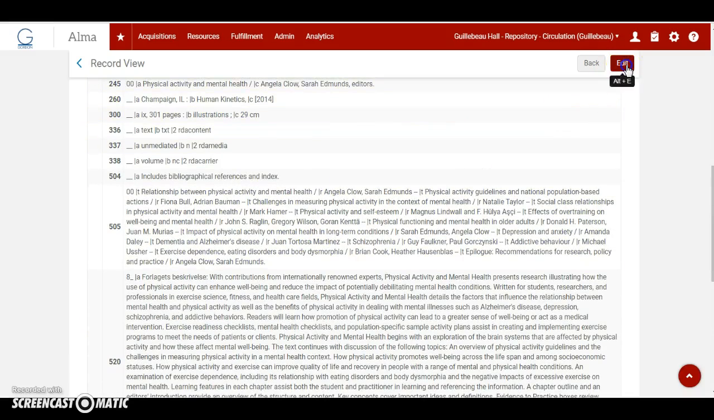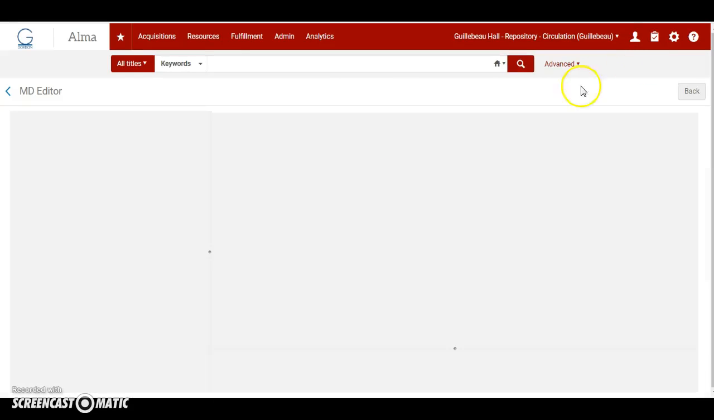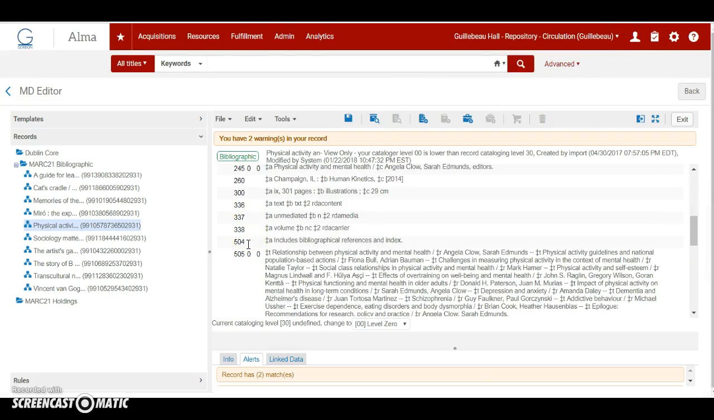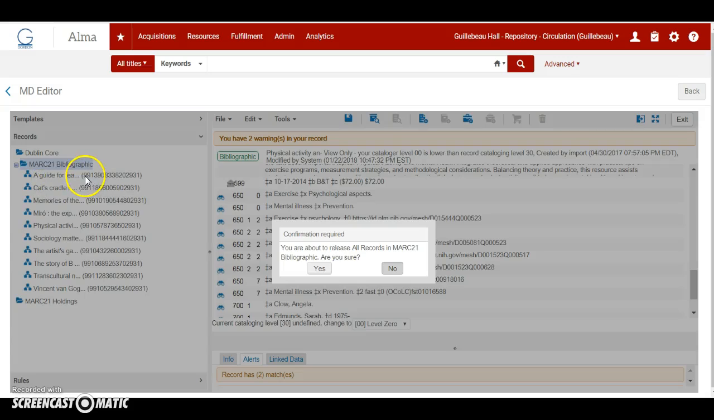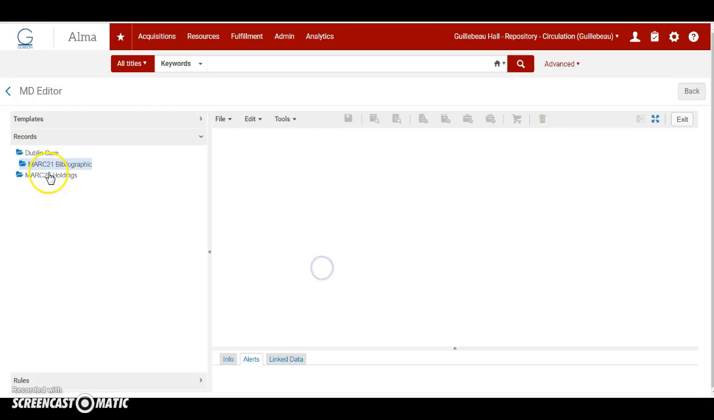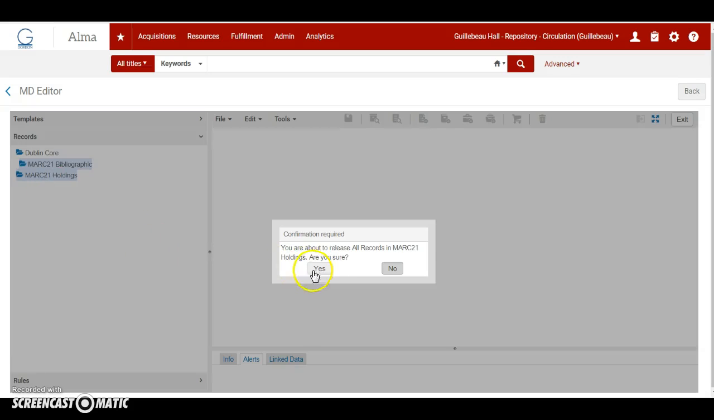I do notice that I clicked on Edit for the other records. When I was in the MD editor, it was still showing up with the 599 local field that had just been removed. But what I didn't do is release the records from the MD editor bibliographic folder. So I'm going to do that now,